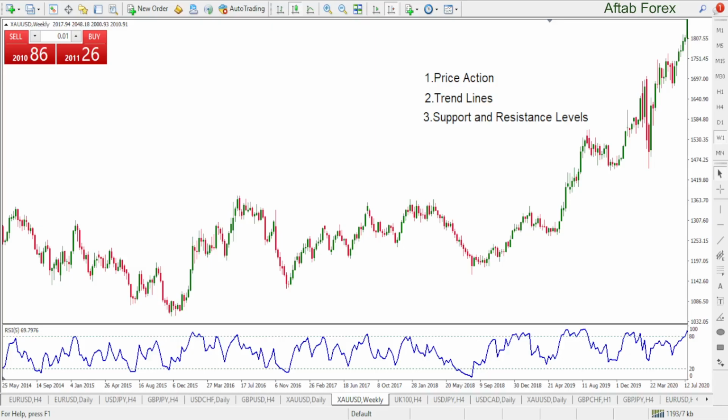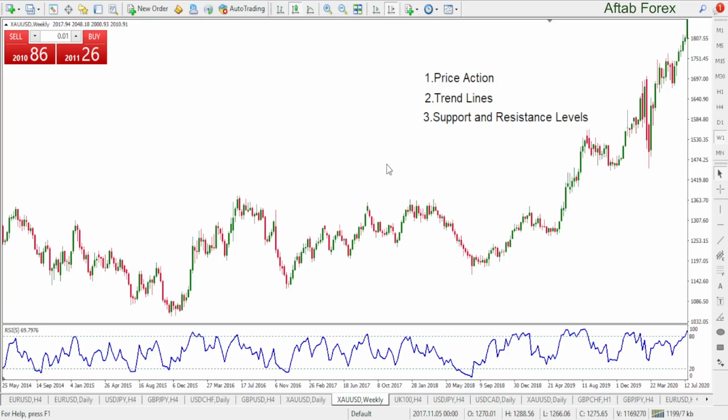Before starting the session, first of all, I will give you a bit of a recap of what we studied in the previous week, and then what actually happened. In today's session, I would like to discuss price action as well, because the place where gold is standing at the moment requires a price action reading on the weekly time frame.